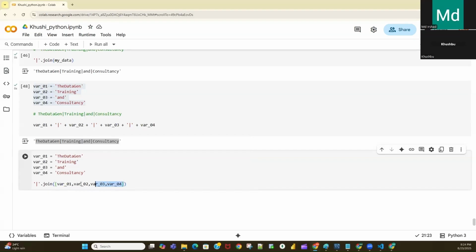So this is the list. Inside this list, this is a string, this is also a string, and so on. And we are joining all these strings with the help of this pipe symbol. So if you execute, the same data comes out. So in this way, we can do the joins.